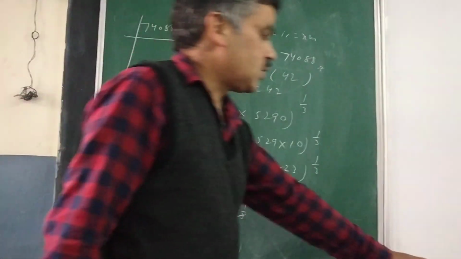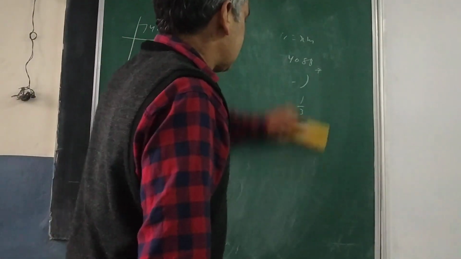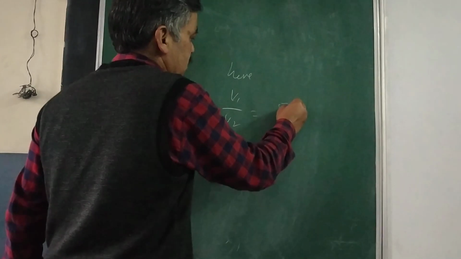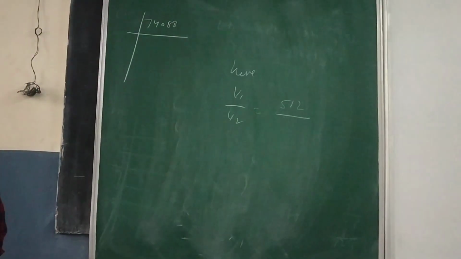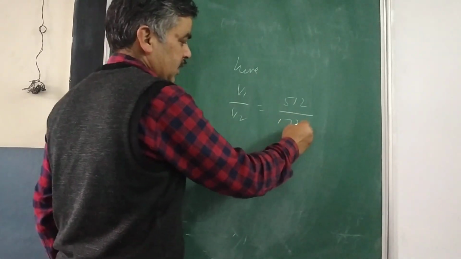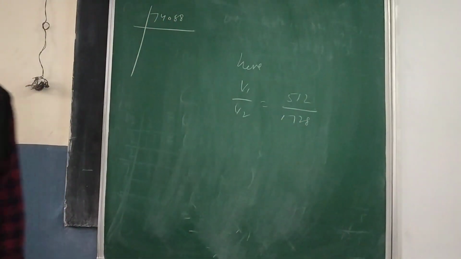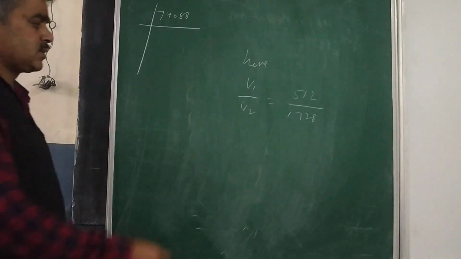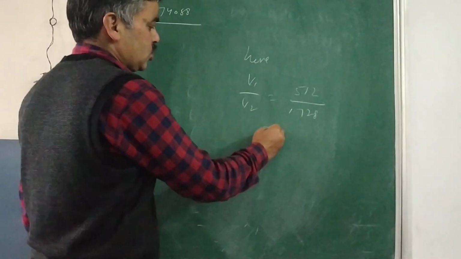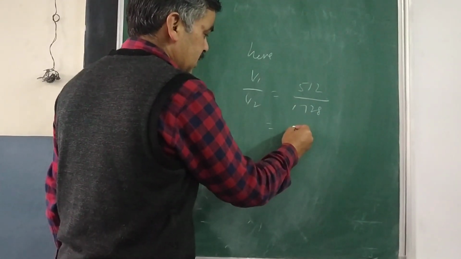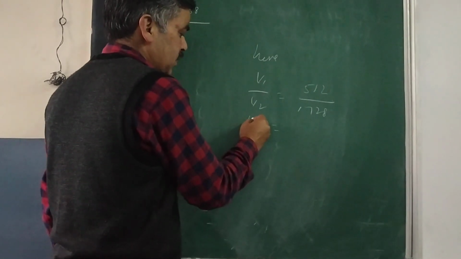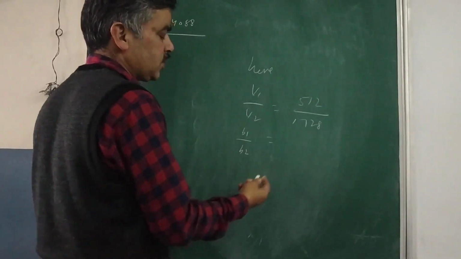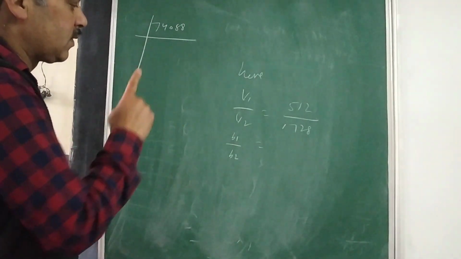And then the ratio of the volumes of two cubes. In case of your fourth question, you can write the ratio in terms of V1 upon V2. You simply start here, V1 upon V2 is equal to 512 upon 1728. Both are perfect cubes, 512 as well as 1728. Find the ratio of their breadths. Breadths means edge into edge into edge. Here you can write B1 of this and B2 of this. So B1 into B1 into B1, B2 into B2 into B2, because length, breadth and height of a cube are always the same.